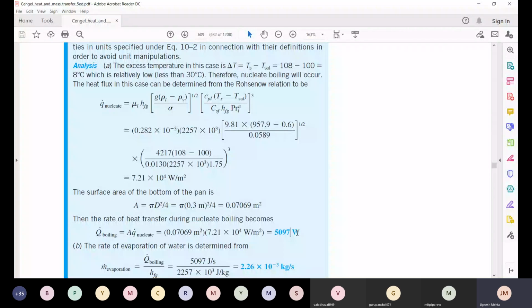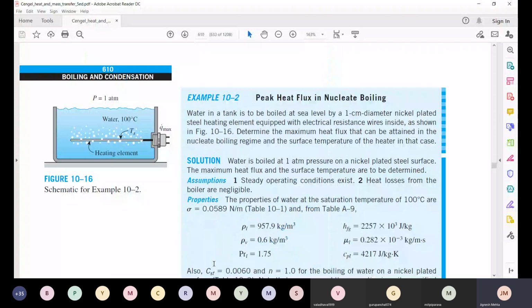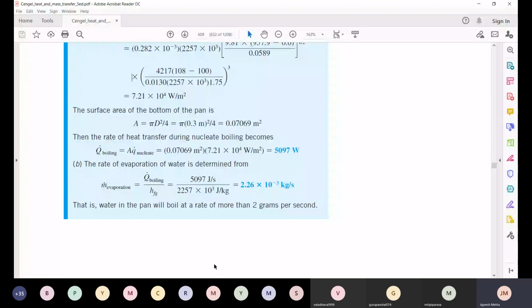So for a 30 centimeter vessel, this is quite a high heat transfer rate that you are getting. And then what is the evaporation rate? You just divide the heat transfer rate by the latent heat of vaporization. So you get the boiling rate or evaporation rate, which is 2.26 into 10 to the minus 3 kg per second, right? So you may get it in kg per hour. In that case, it will be a sizable number, or it is around 2.2 grams per